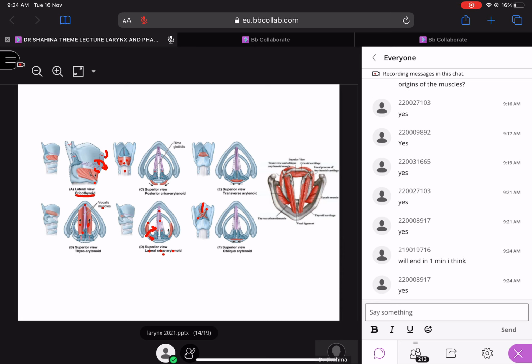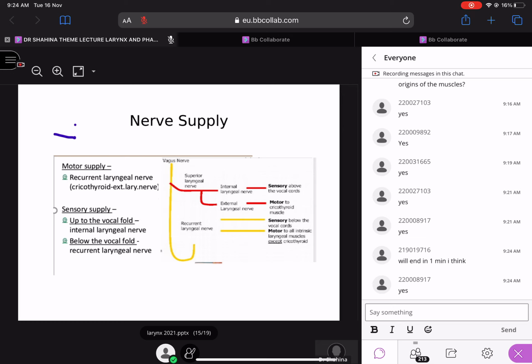Yeah, so this was it, and now I will talk a little about the nerve supply. In the nerve supply, I told you the main thing. Now you have the motor supply and the sensory supply. The sensory supply will come again. This is from the vagus, up to the vocal fold. Okay, so the demarcation is the vocal